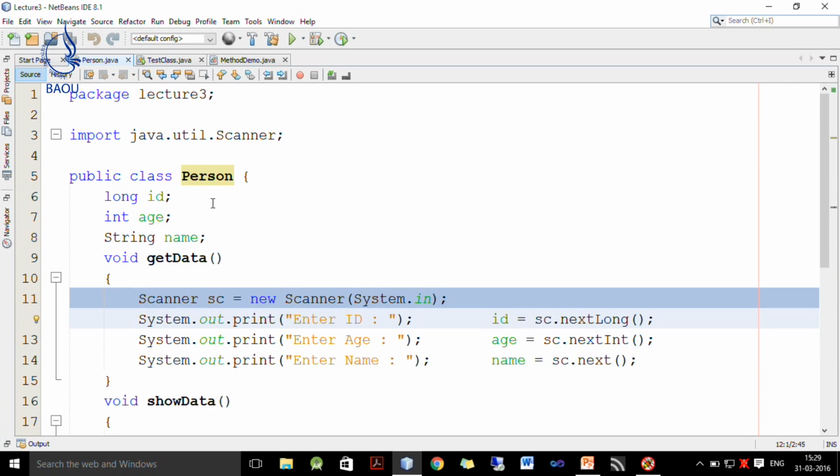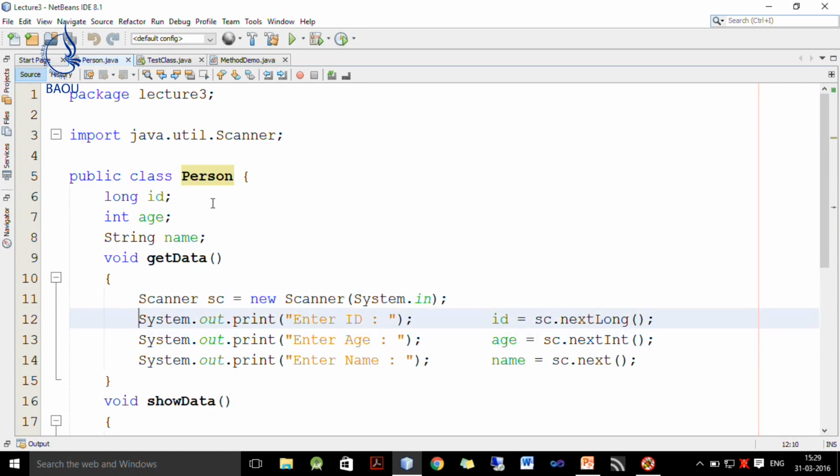Now, to actually read data from the system, I define one Scanner class object and its source is the keyboard. Then I ask the user to enter id and it is read as nextLong, since the type of id is long.